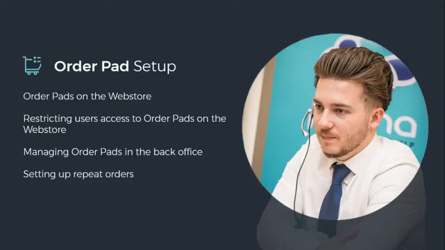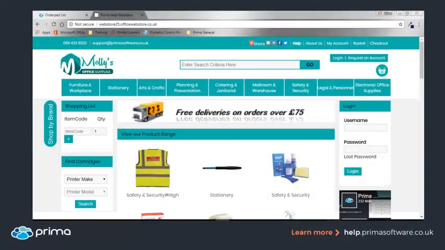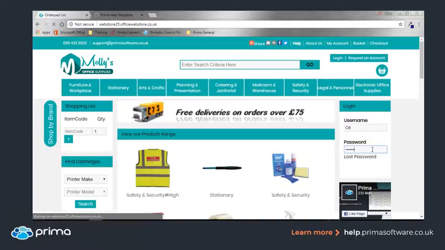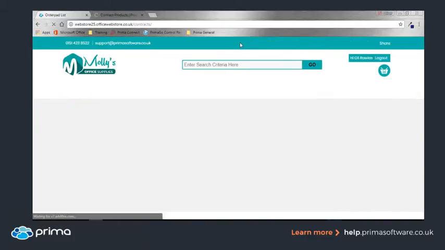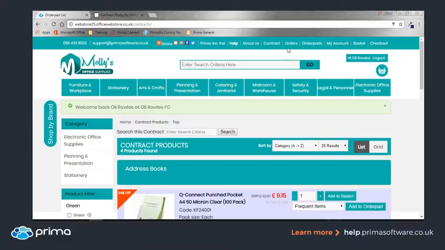Okay, so we'll start with the order pads on the web store. So if I just switch the screen. Okay, so you'd have your web store, and then you'd log in with one of your customers' credentials. So I'll just log in with my test details, and then once you've logged in, you'll have the option at the top in the bar to say order pads in there. So as you can see, order pads, so I'll click into there,